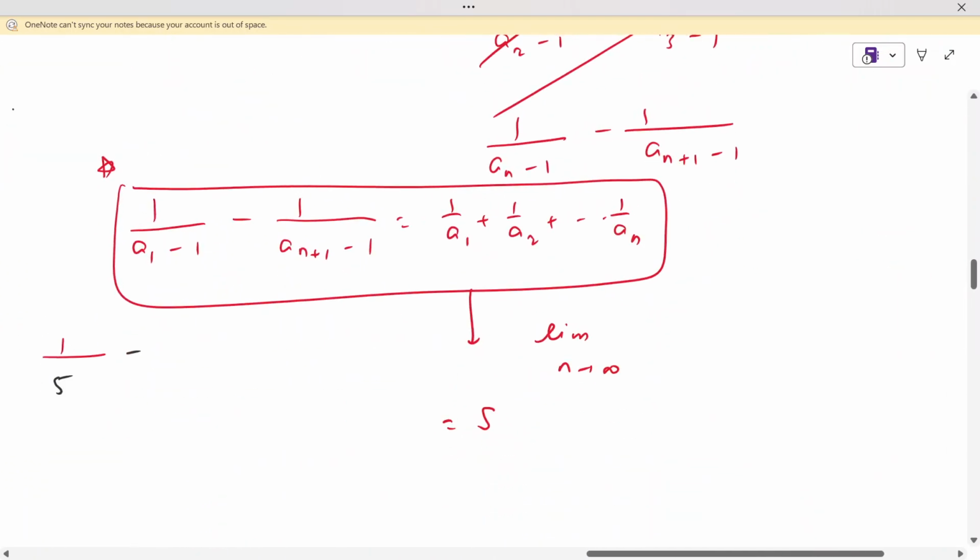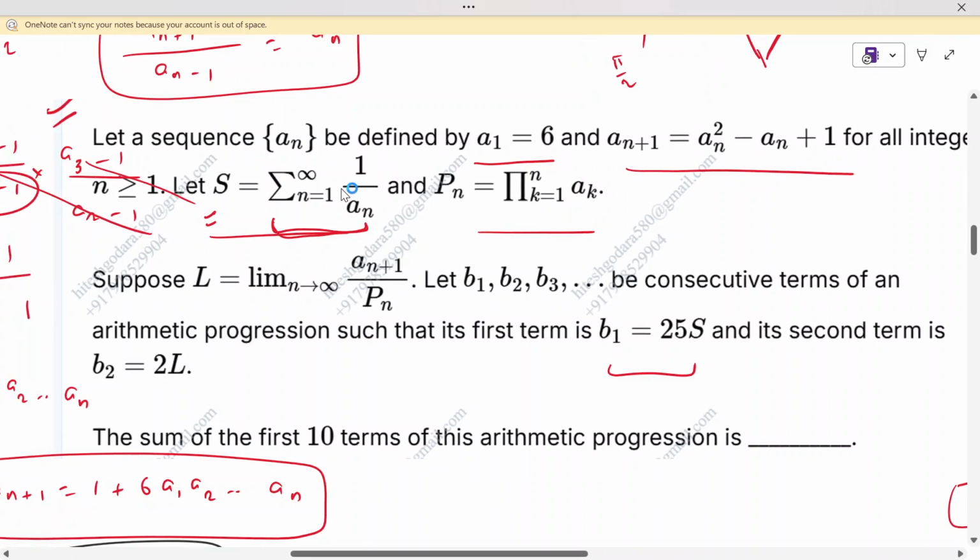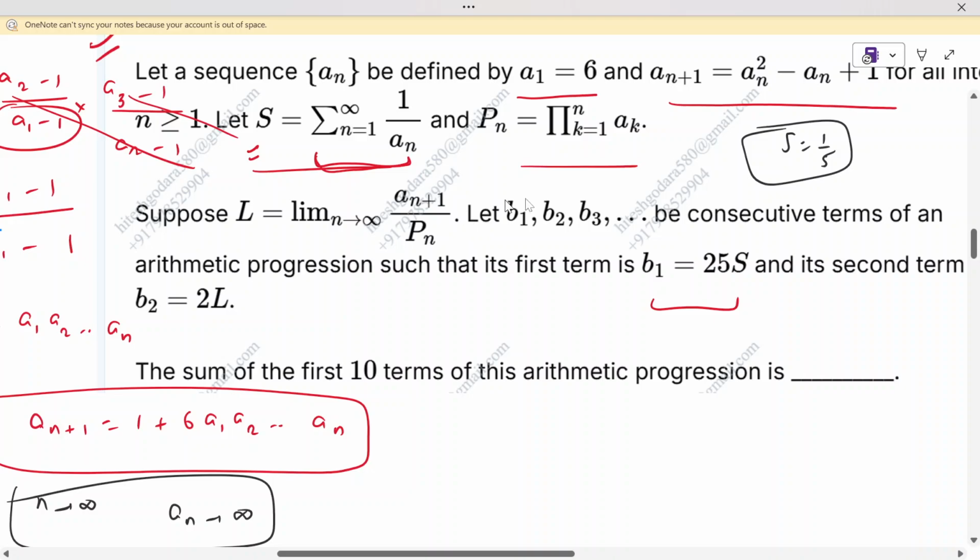So this will vanish now, right? So S is simply what? 1 by 5. So S is 1 by 5, that we have calculated. Now, regarding this particular part that we have taken care of, that is the L part. So for the L part,